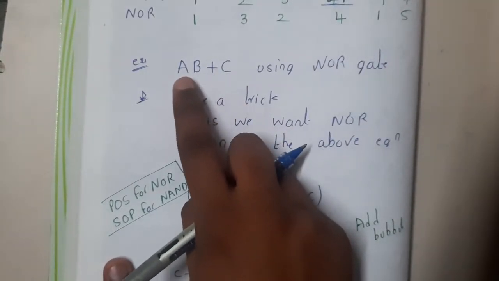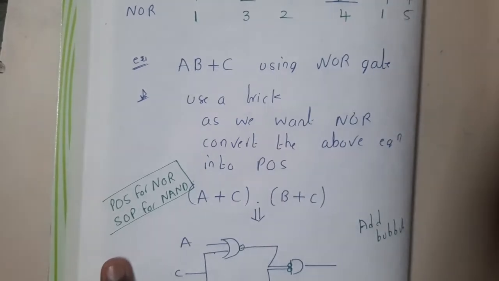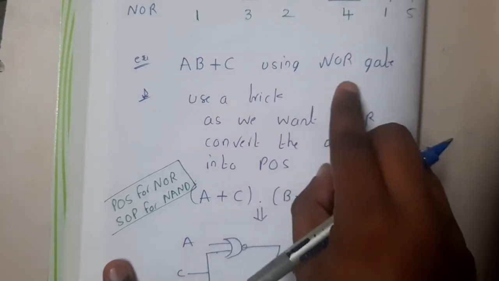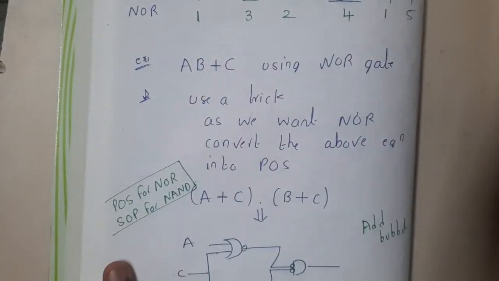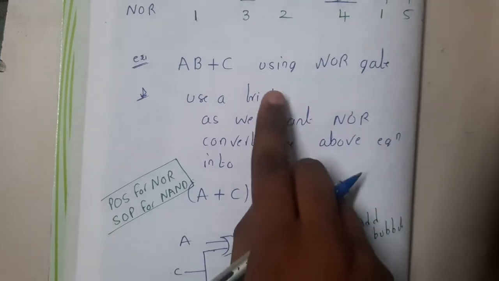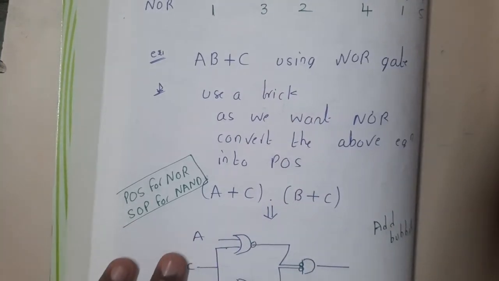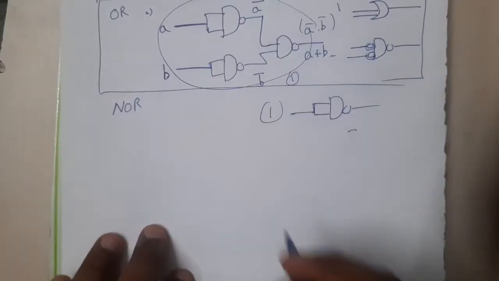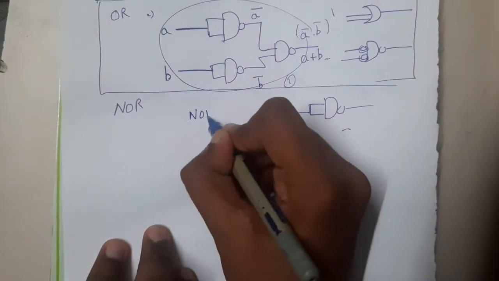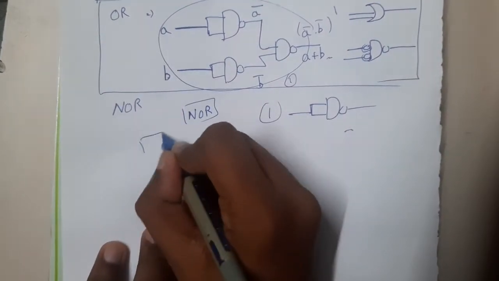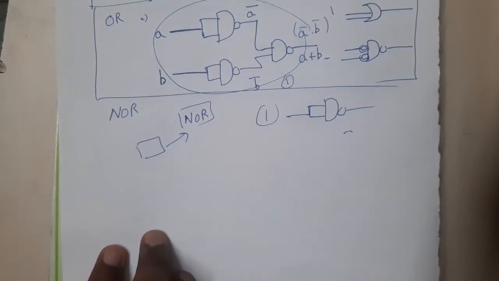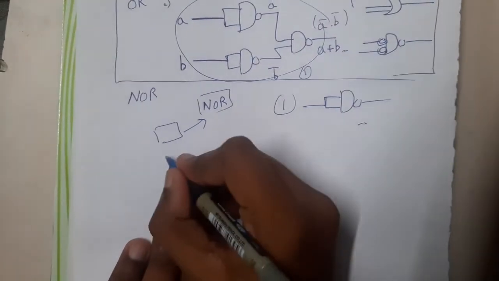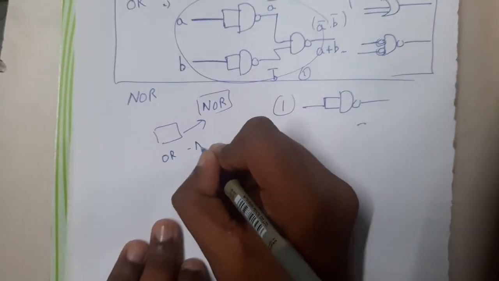So here the question is: AB plus C is an expression, and they are asking how many NOR gates are required to construct this. This question seems to be a bit interesting, right? The first step is, we want which gates? NOR gates, right? In my last lecture, I told you how you can convert some particular pattern to this NOR implementation. Most of you will be thinking, which representation? It is nothing but OR-AND representation, guys.